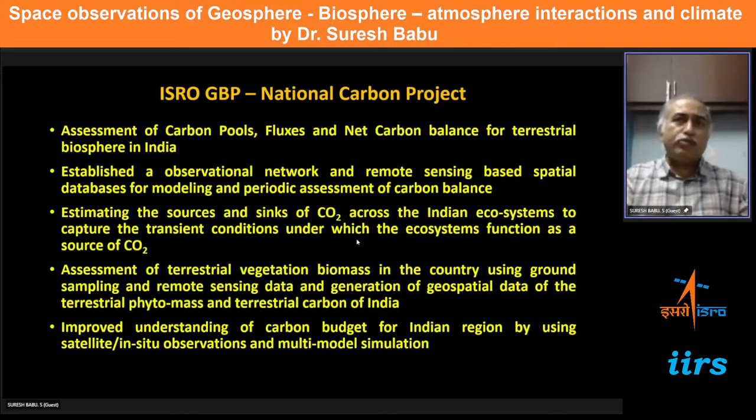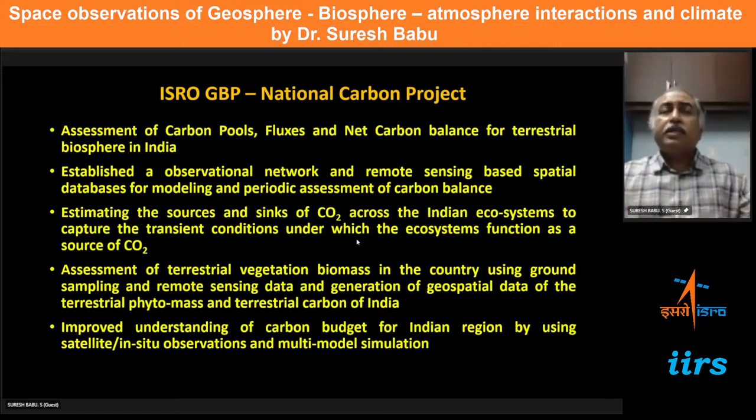The main objective was to establish an observational network, which is now in place, and combining this with the remote sensing-based spatial databases and modeling. ISRO is making periodic assessment of the carbon balance. Then estimating the sources and sinks of carbon dioxide across the Indian ecosystem is also one of the important objectives